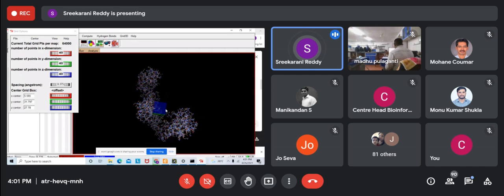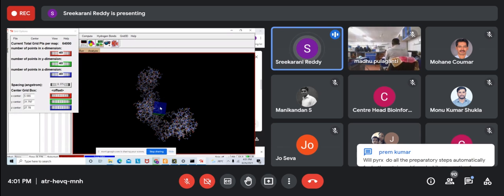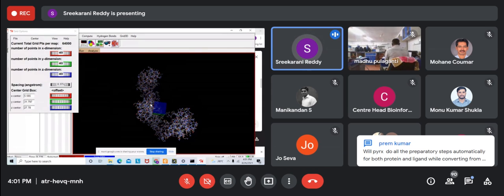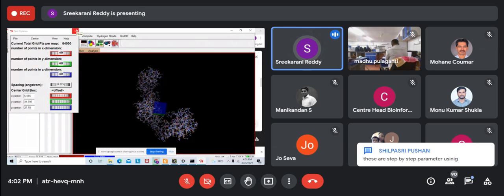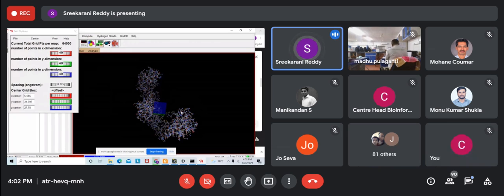So this grid box, if we are specifically interested to dock only in the active site, it goes and docks in a specific active site. Whatever active site residues we are providing, they should go inside this particular grid box. So we should arrange the grid box in such a way that all the residues we are selecting are inside it. If you want to do blind docking, you can do that also, but today we are going for specific active site residues. Now I'll close it. I have shown how the grid looks and why we need to do it for a protein.